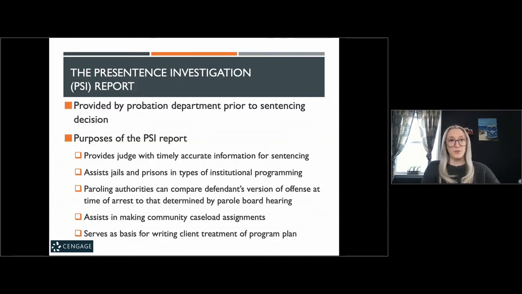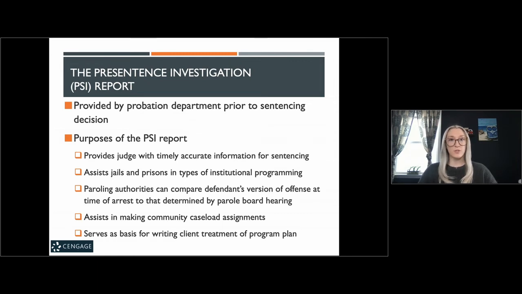All right, so we've talked about the different ways we can sentence an offender, whether they have a structured or unstructured sentencing guideline that they're falling under, whether they're going to be given a community sentence, and what's looked at. Now let's look at the pre-sentence investigation report. This is the report that's provided by the probation department prior to that sentencing decision being made. This report is used by the prosecution, it's used by the judge, as well as the defense and the probation departments when that offender then goes under supervision, or if that offender goes under supervision.